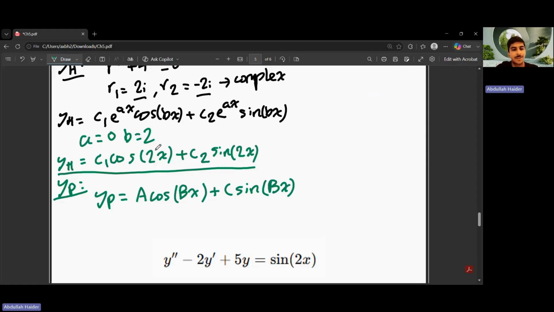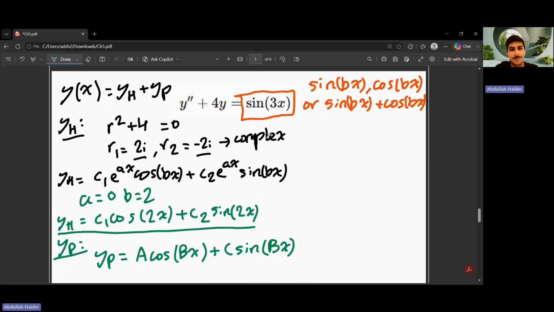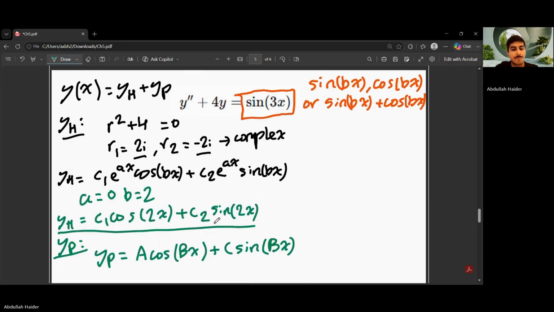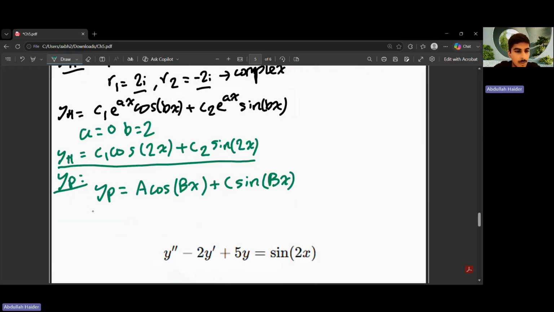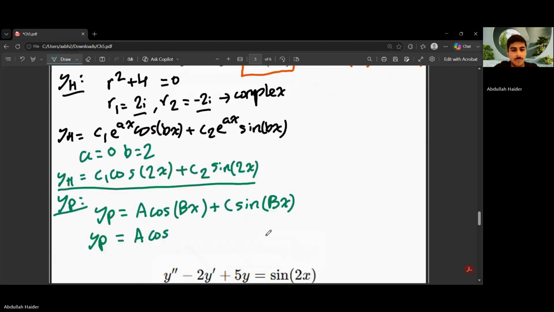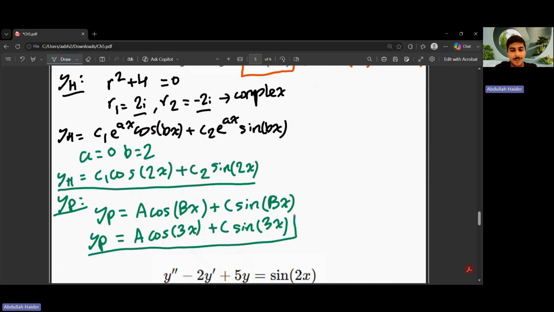Now, one important thing to note is the small b and the big B are different. The big B is basically the coefficient of x that we have inside the sine. So our yp is a cosine 3x plus c sine 3x. Now, as I said before, and as we did in the last three cases, we need to check